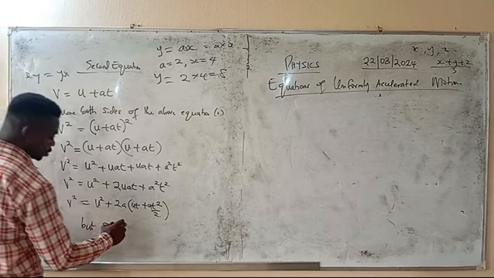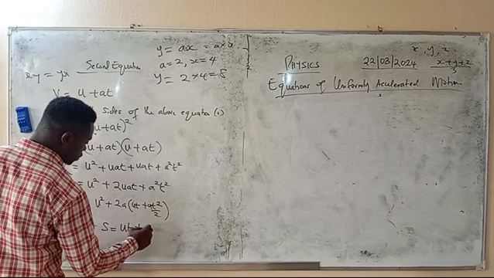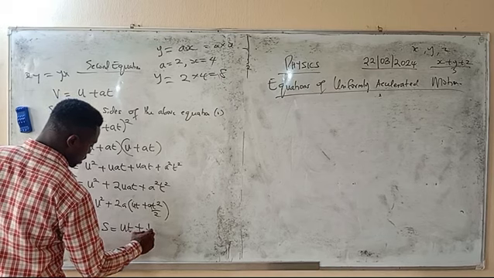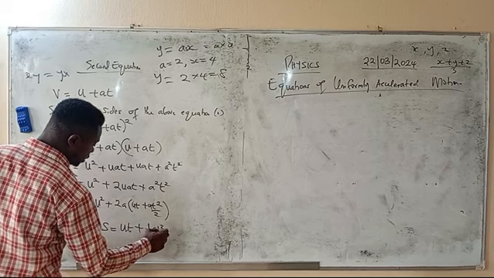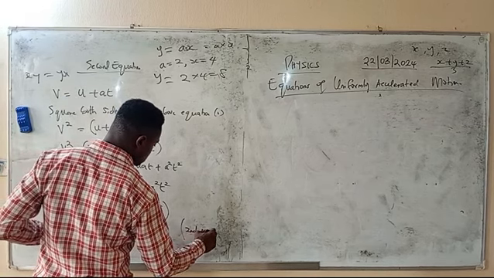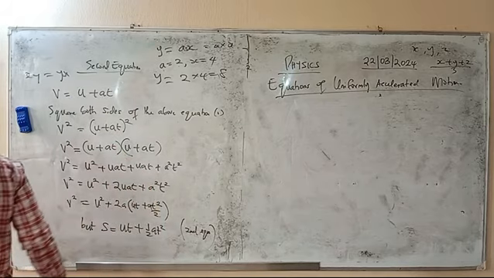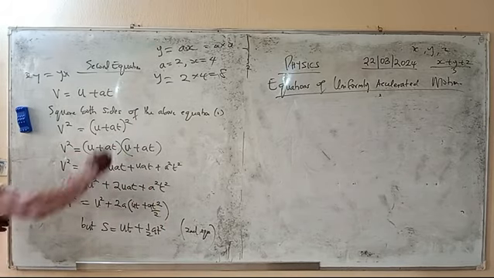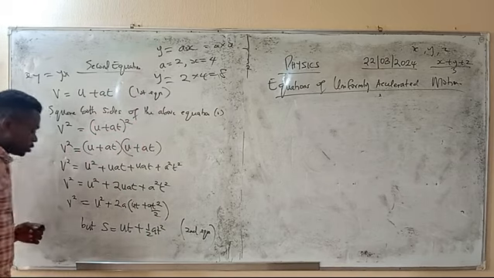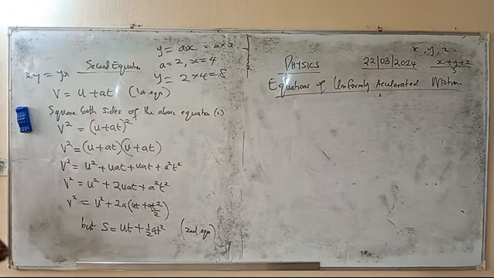S is equal to what? UT plus what? Plus half what? AT squared. This is from what? Second equation. Right? And this one is from where? First equation. So what it means is that we will substitute